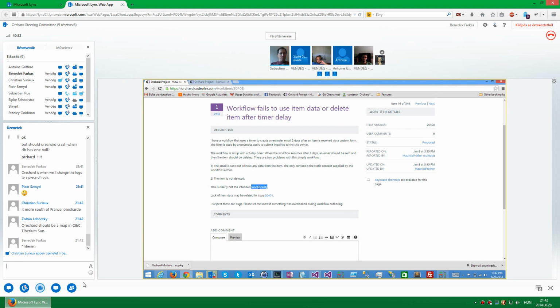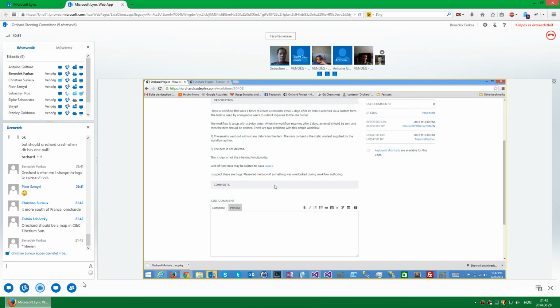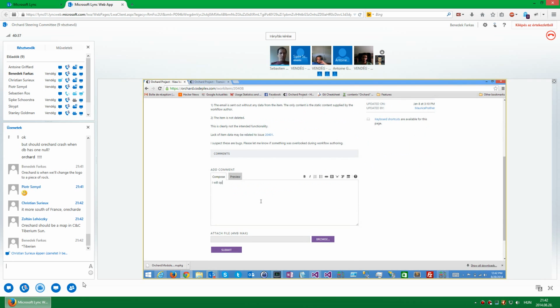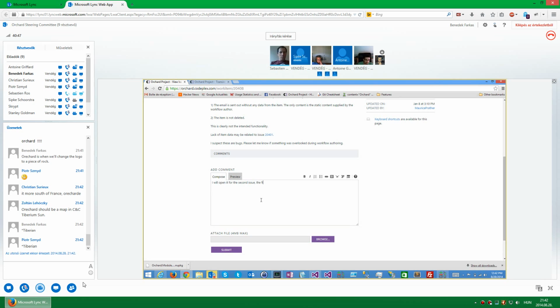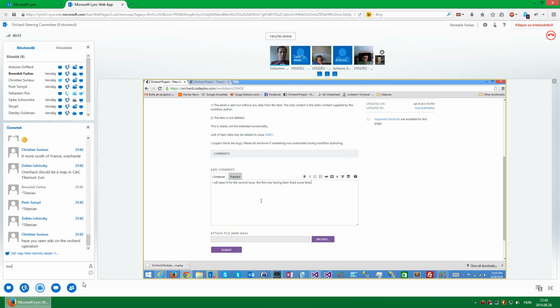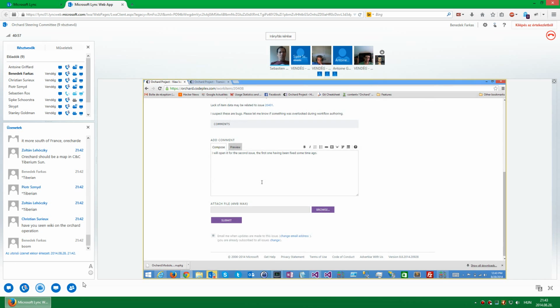Lack of data. Okay. So the first issue is that the form has the specific activity now, so it should not be an issue anymore.